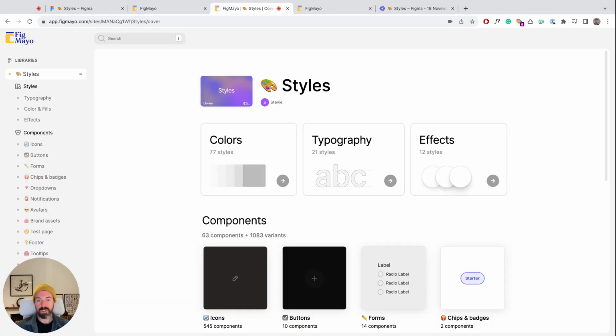So this is what your site will look like when it's finished building. So it's a bit like magic, really. This has all been created from the Figma file that we looked at earlier. And you can see all of my core styles are included at the top, and the different pages with components on are pulled in as a primary nav. So if I go and navigate to the colors page,